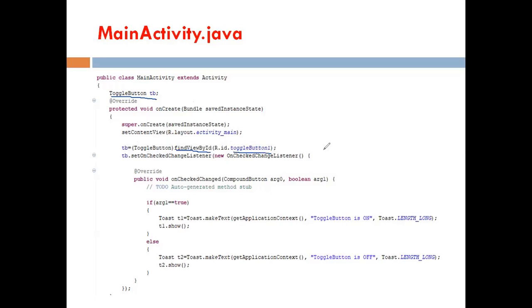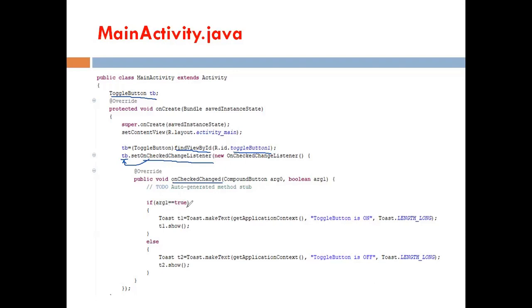Then after we are setting a listener, because here we have to click on the toggle button. So we have to set the listener for that. So TB.setOnCheckedChangeListener. Here we are using OnCheckedChangeListener. So it responds when the user clicks on the toggle button. So using anonymous inner class method, we register our listener to the TB object. So after that, we will get the handler onCheckedChanged. It is known as an auto-generated method also, in which we are checking the state of a toggle button.